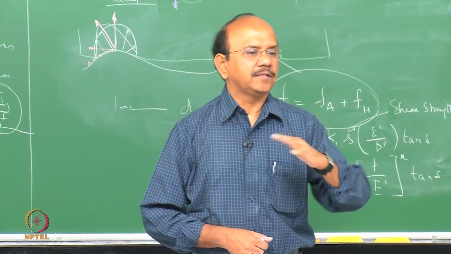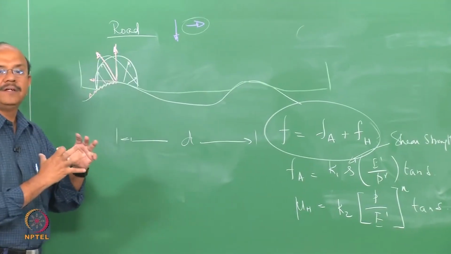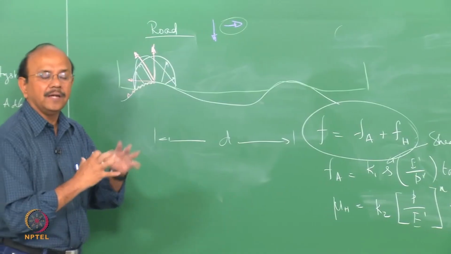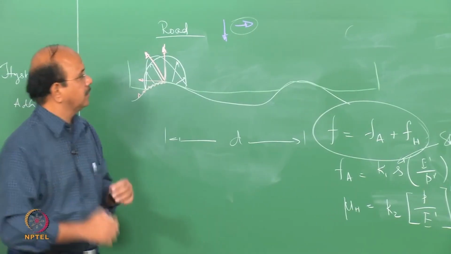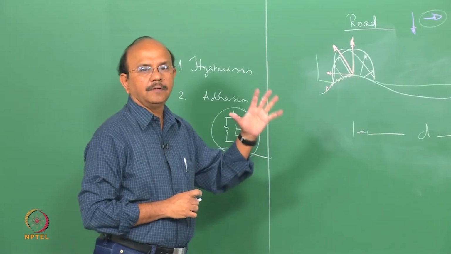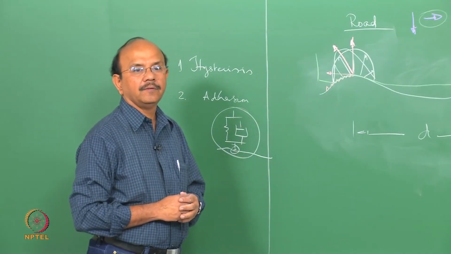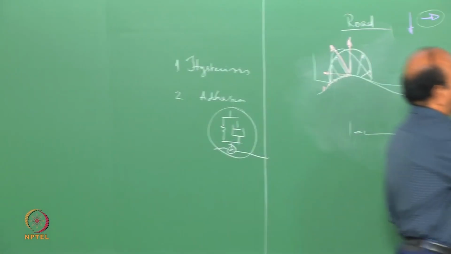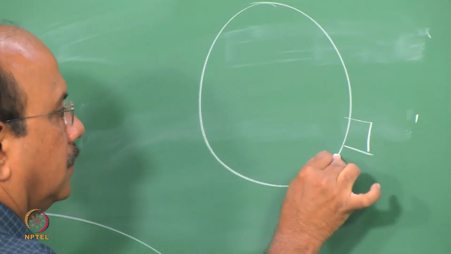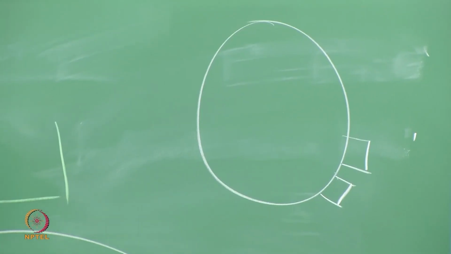But what I want you to understand is that this is happening in a rolling tire. That's phenomenal. So a rolling tire is subjected to this kind of phenomenon. As it rolls, let's say that these are the tread blocks, that's the carcass, on which we have what are called tread blocks. We saw that